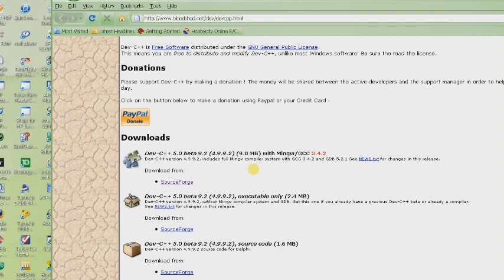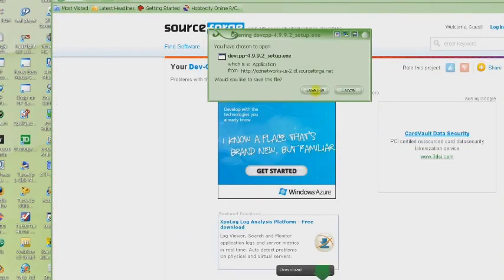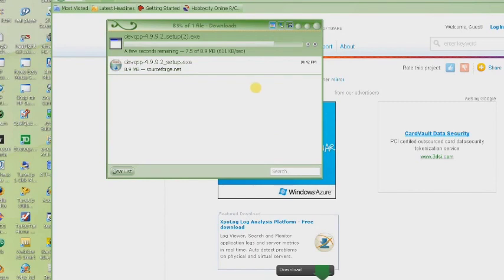Don't worry if you don't understand terminologies like compiler and integrated development environment and all this stuff. I'll be covering it in the subsequent tutorials. For now, just blindly follow these instructions. Click on this and it will start your download. I'm using Firefox. You might see slightly different dialog boxes here, so don't worry about it. Just follow the instructions. Our purpose is to save the file, and